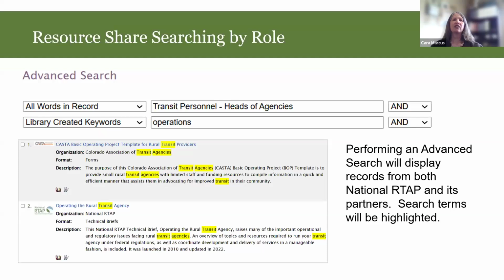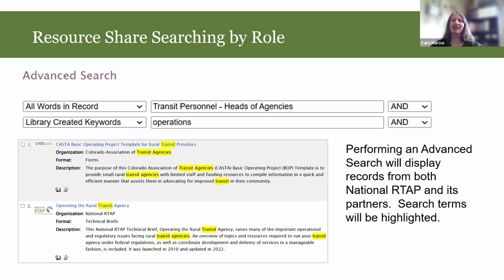So here's showing an advanced search by role. Transit personnel, heads of agencies, for the role, all words in record, and a library created keywords. Say you're looking for operations. This search will show a National RTAP technical brief, Operating the Rural Transit Agency, as well as a partner resource, a CASTA template on operations.